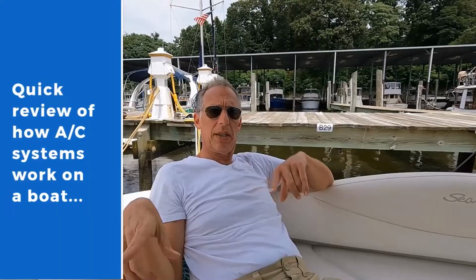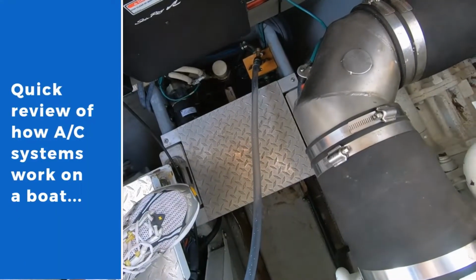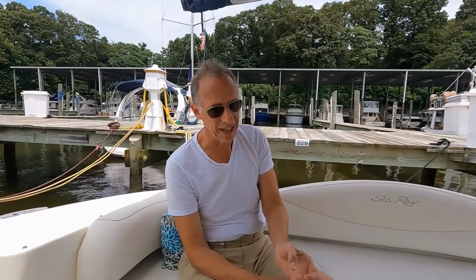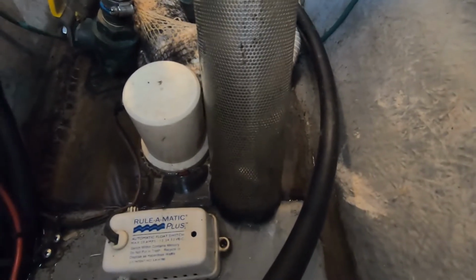It's water cooled. So at the bottom of the boat, back here in the bilge, there's a hole in the bottom of the boat, and a seacock, a valve that opens and closes. You got to make sure that's open. And then that hose goes to a sea strainer, to catch any gravel or anything that might get sucked up that hole, and then goes into a water pump,